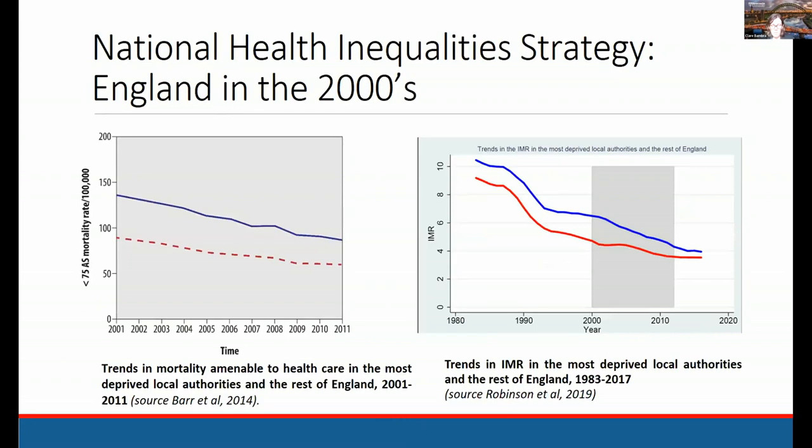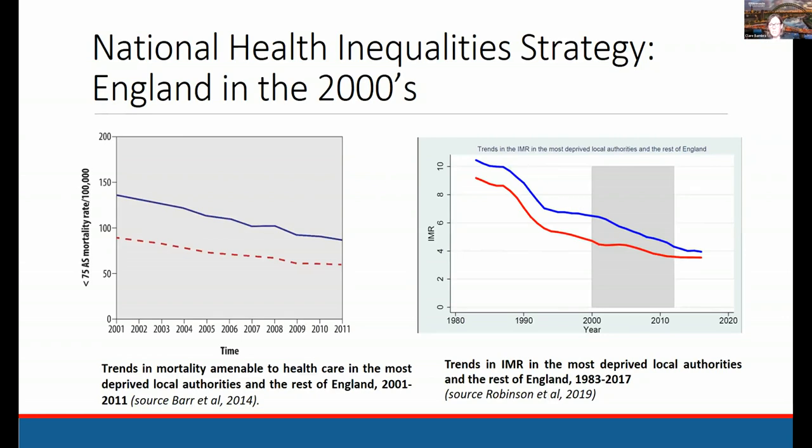And just briefly, my third example, somewhat closer to home, is looking at the impact of the National Health Inequality Strategy that ran in England from 2000 to 2010. And this had a variety of different interventions and policies, from health action zones at an area level, Sure Start children's centres, introduction of the national minimum wage, child tax credit, and so on. A big reduction in child poverty in this period, and a big reduction in poverty amongst pensioners. And there was also targeted NHS resource into more deprived neighbourhoods with a weighting added into the NHS formula.